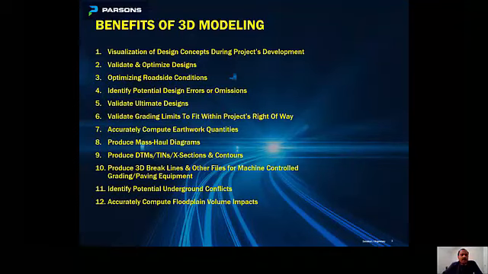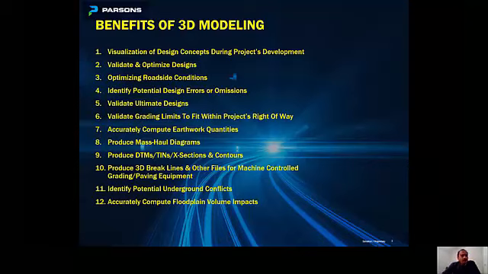Nowadays, many contractors use machine control grading in the field, and they will be requiring us to provide the 3D break lines and LandXML files, and these would be very compatible for their machine control grading, especially with Trimble Business Center and Actec. Those software packages can read the DTMs, LandXML files, and 3D break lines.